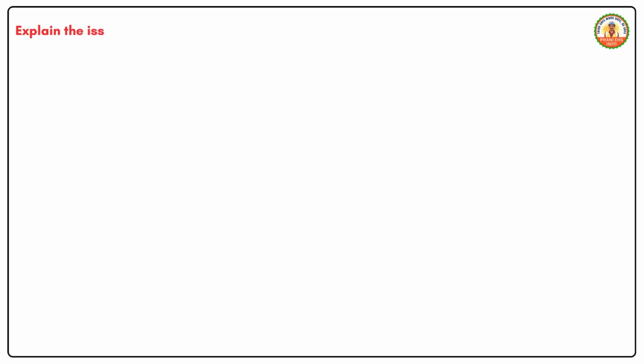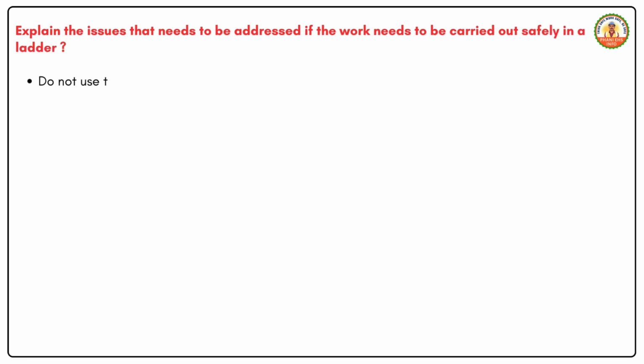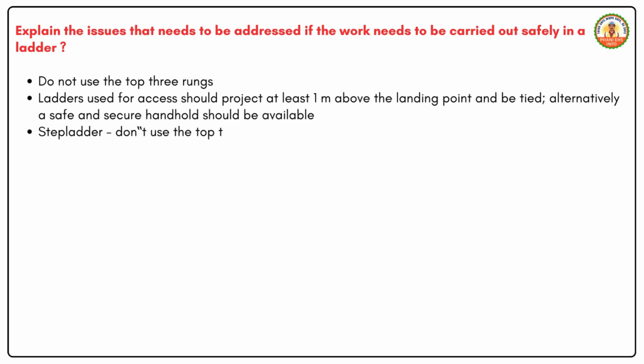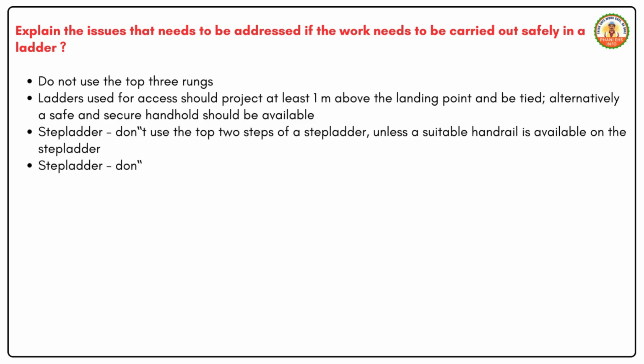Explain the issues that need to be addressed if the work needs to be carried out safely on a ladder. Do not use the top 3 rungs. Ladders used for access should project at least 1 meter above the landing point and be tied. Alternatively, a safe and secure handhold should be available. Stepladder: don't use the top 2 steps of a stepladder unless a suitable handrail is available on the stepladder. Stepladder: don't use the top 3 steps of swingback or double-sided stepladders,